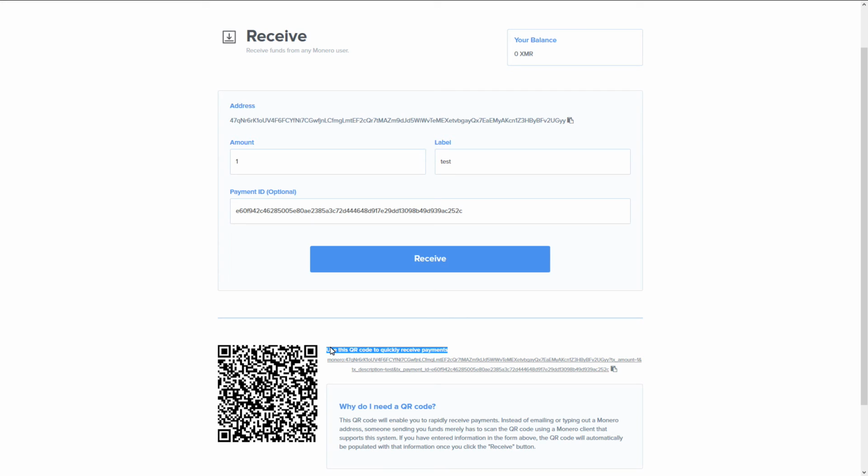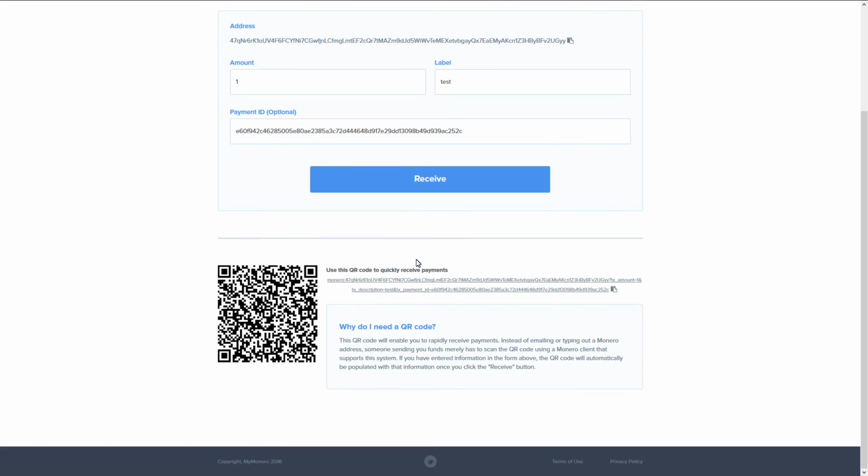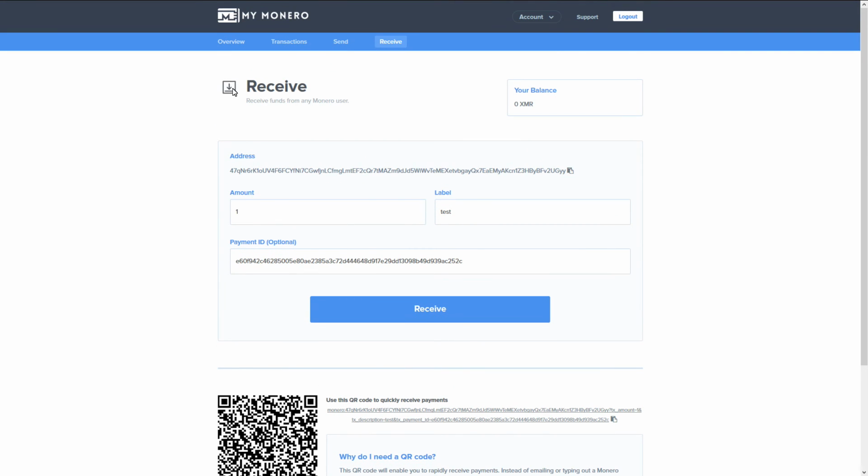Instead of emailing or typing out a Monero address, someone sending you funds merely has to scan the QR code using a Monero client that supports this system. If you have entered the information in the form above, the QR code will be automatically populated with that information once you click the receive button. So I'll click the receive button, that information will be stored in the QR code, and I can go ahead and use that QR code to receive the amount of funds that I want to receive. So I will go back to the overview page,